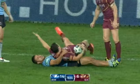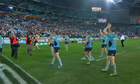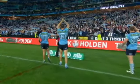With Haynes shutting his opposite number down, New South Wales were assured of victory as time ran out. And despite being held scoreless in the second term, they'll take a 1-0 lead to Brisbane for the return bout on June 26. David Rowlands,